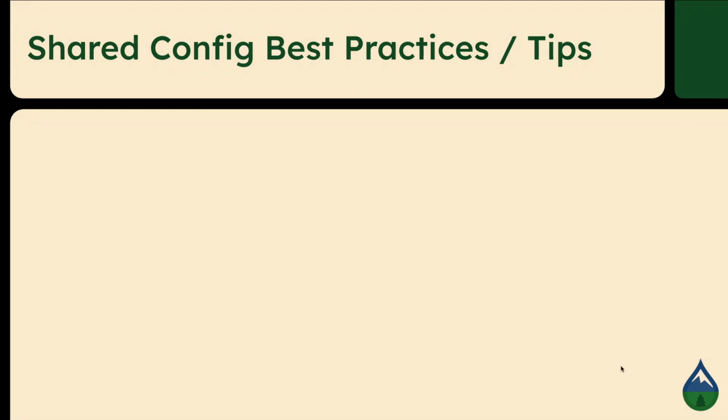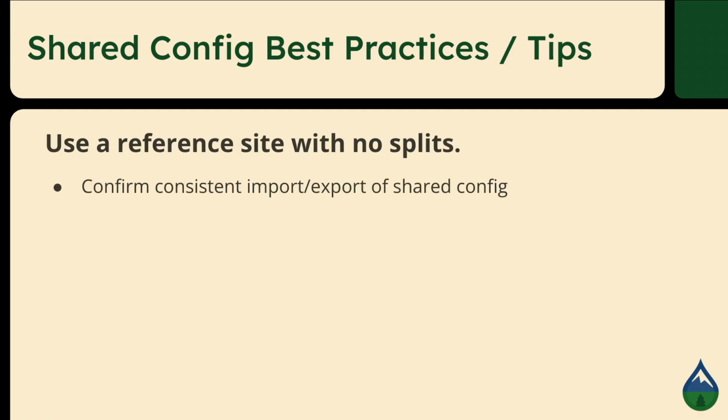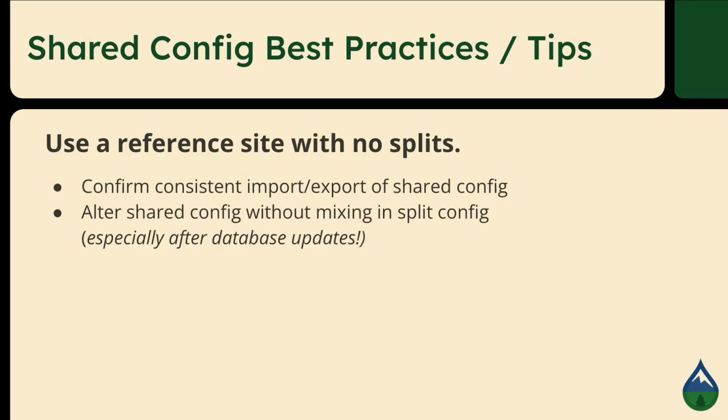Yeah, so now onto best practices or tips, sort of that I've gathered the past couple of years. First is to use a reference site that has no site-specific splits active. It lets you confirm consistent import and export of shared configuration, especially after you update a module. So you update a module, run any updates, database updates that need to happen, and changes to your standard configuration, then you know it's just standard configuration